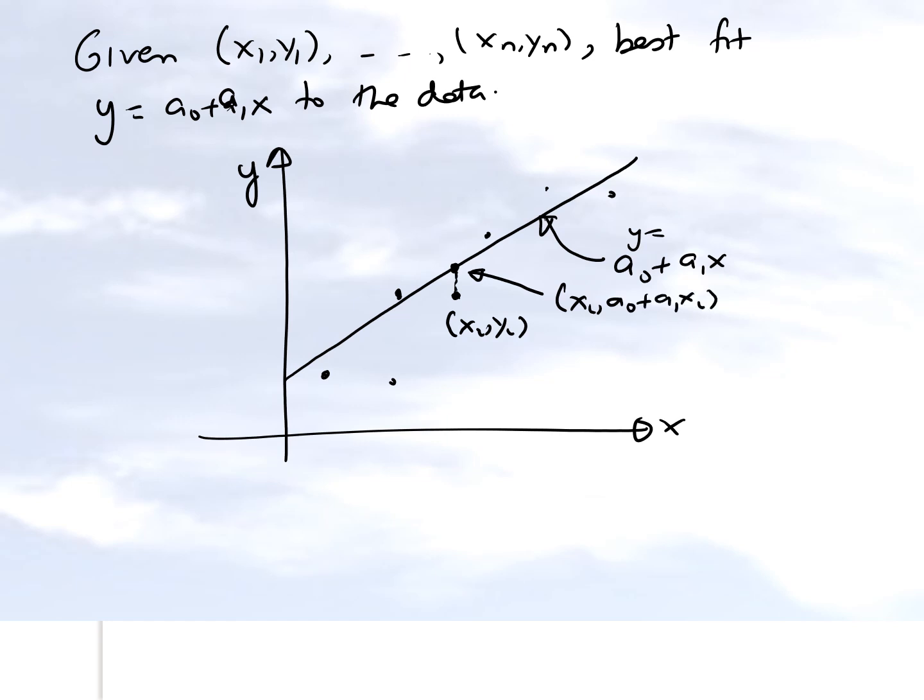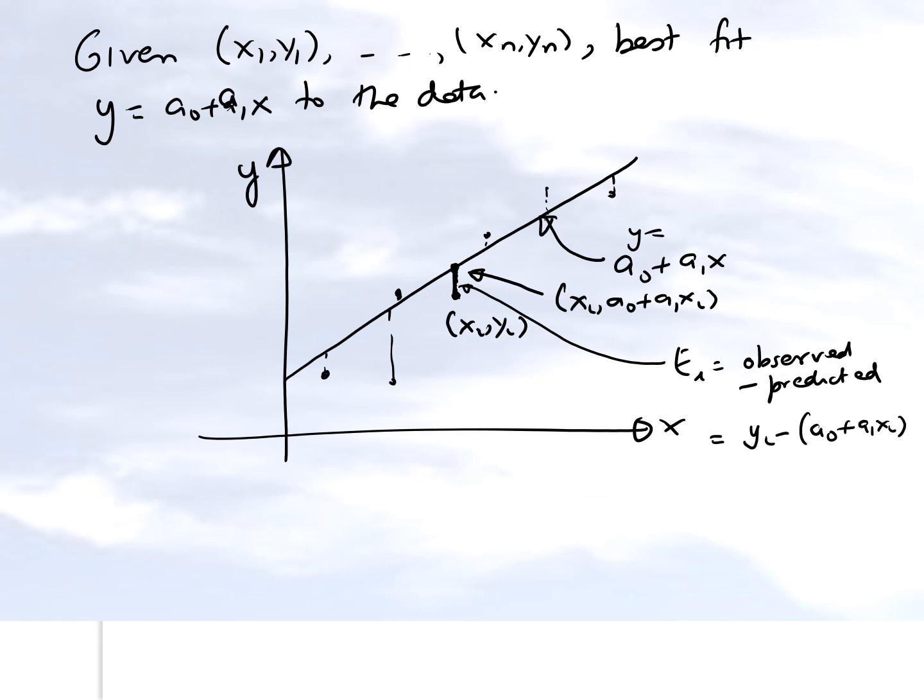So this vertical distance which you are seeing here, what we are doing by using the least squares method is to take all these vertical distances and take the square of these vertical distances and minimize the sum of them. So if you look at the residual which you will have here, which is e sub i, it will be the observed value minus the predicted value. So that is this distance right here, and the observed value is y sub i, and the predicted value is a0 plus a1x of i.